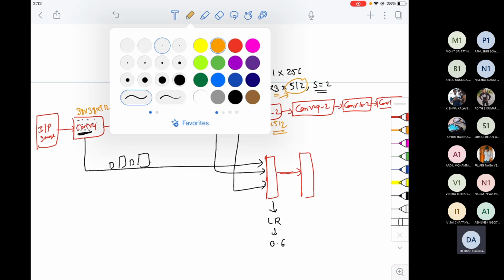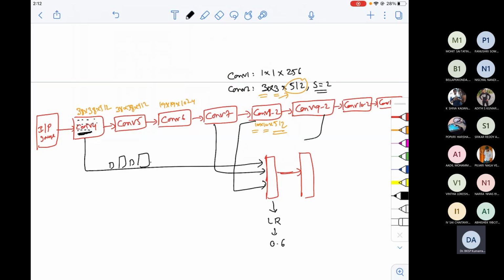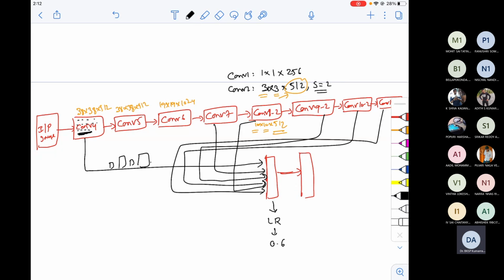Now 8_2 is also connected. Similarly, I also need to connect 9_2 to this, 10_2 to this, and 11_2 to this. Everything I'm trying to connect: 8_2, 9_2, 10_2 and 11_2. Why do I have to connect? That's the biggest question. Generally, if you start here, con4 is connected to this fully connected part, and that's a perfect reason, because for the intermediate feature map I've taken, for each pixel I've drawn a box, and for each box I send it to the logistic regression and get the objectness score.